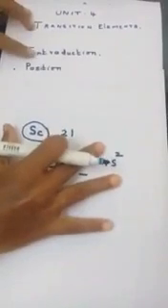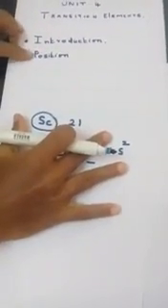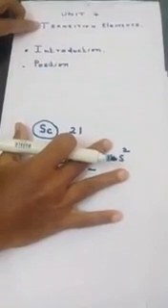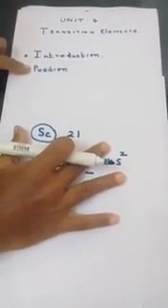So now come to the topic of the position of the transition elements. Now we are going to see the position of transition elements. Now I am going to show the periodic table. In this periodic table, we already saw it in the lower classes, so now just a recall. This is the modern periodic table.